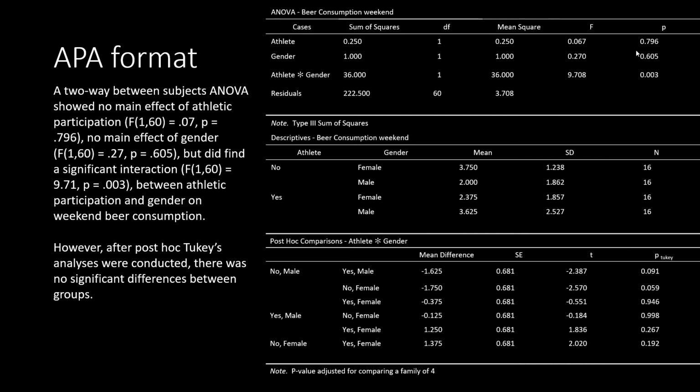In our second example, we didn't find significant f-values for either of our main effects, the effect of athletics or the effect of gender on weekend beer consumption. However, we did find a significant f-value for the interaction between athletics and gender. To convey this to the reader, I wrote a sentence as follows. A two-way between subjects ANOVA showed no main effect of athletic participation, no main effect of gender, but did find a significant interaction between athletic participation and gender on weekend beer consumption. I then filled in the relevant statistics, degrees of freedom between, within, the f-value, and the p-value for all three